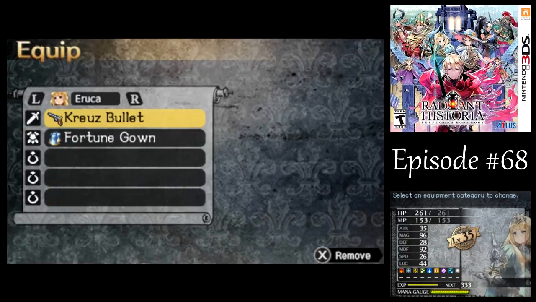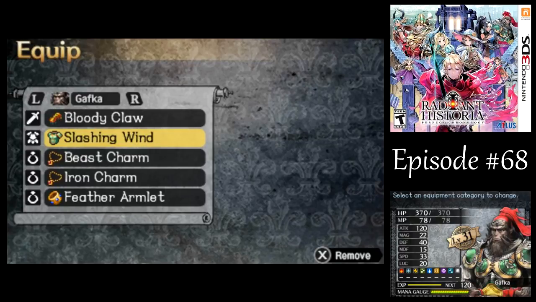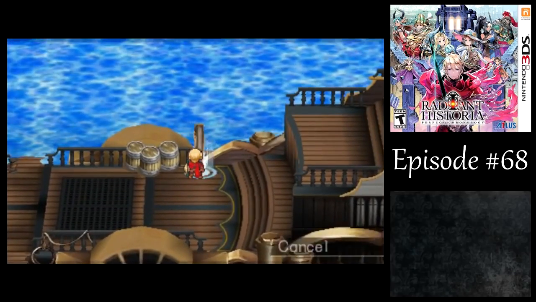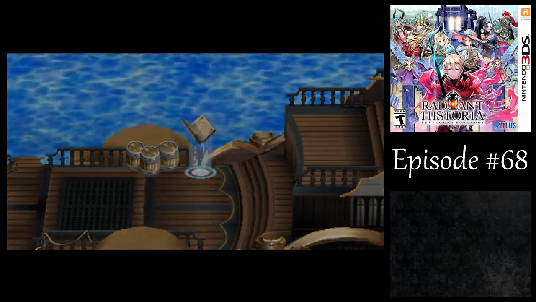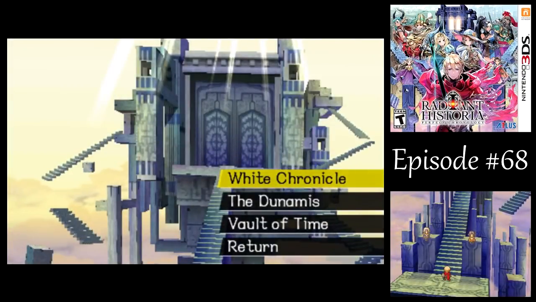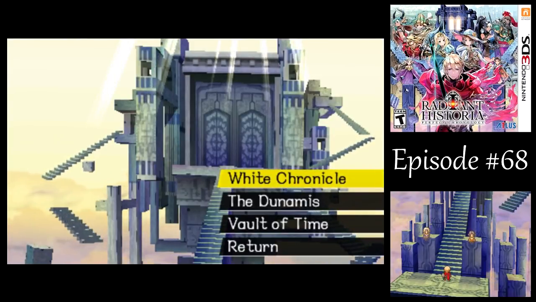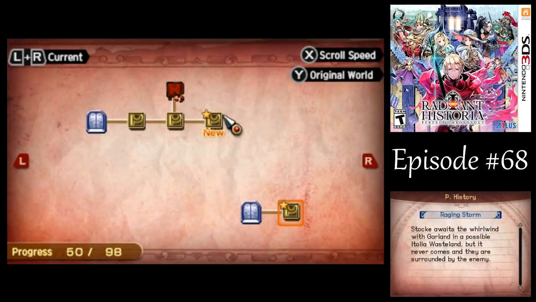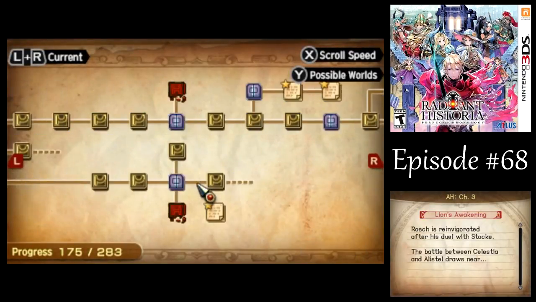Let's see, Stocke I will leave there, and I'm also gonna be using Gafka here, who I've got set up like that. So yeah, we're all set and ready to go. Let's get out of here and head back to alternate history. Now, if you recall where we left off, it's been quite a while, but we were trying to ally Celestia with Cygnus. Cygnus got wiped out in that timeline. So we were thinking about trying to ally with Granorg. That didn't work out with the bad ending. So now we're going to try and ally with